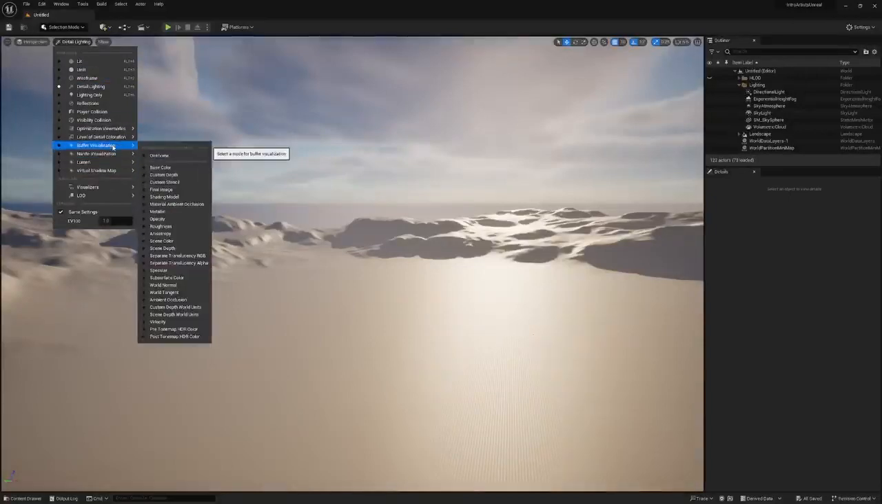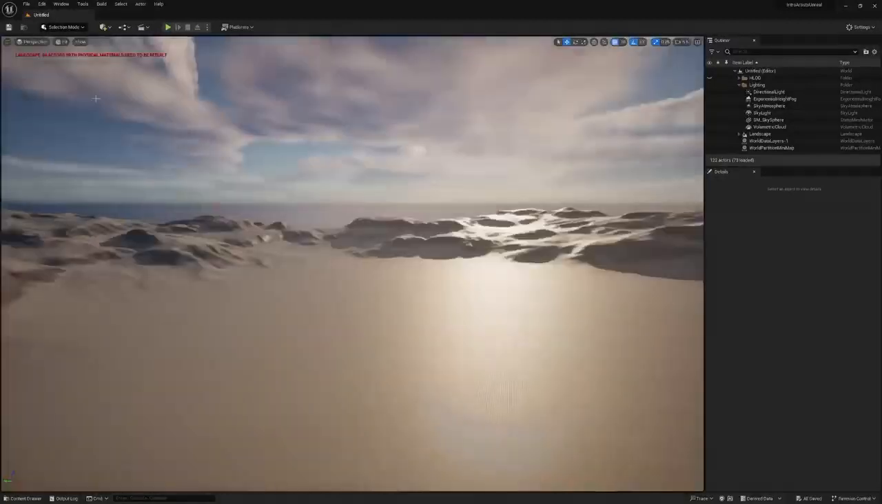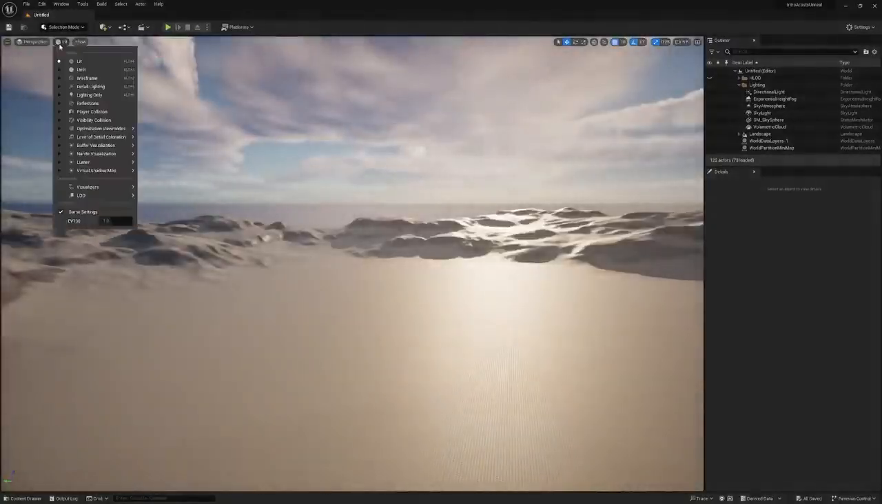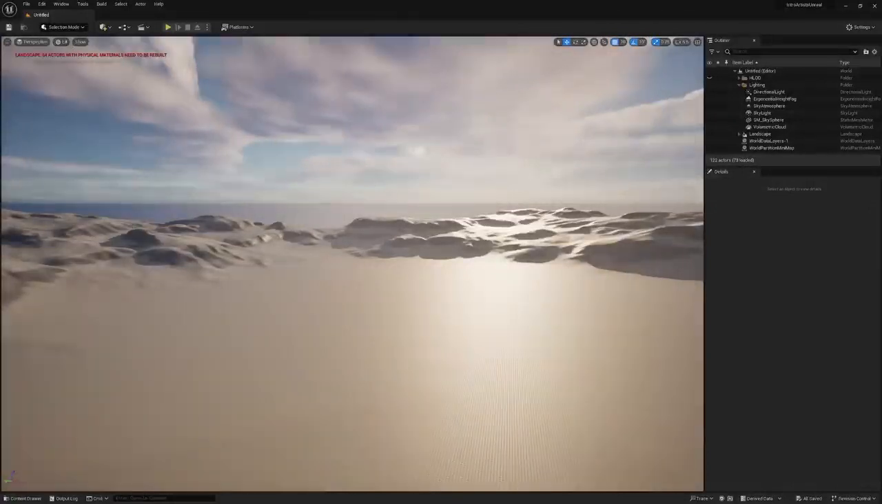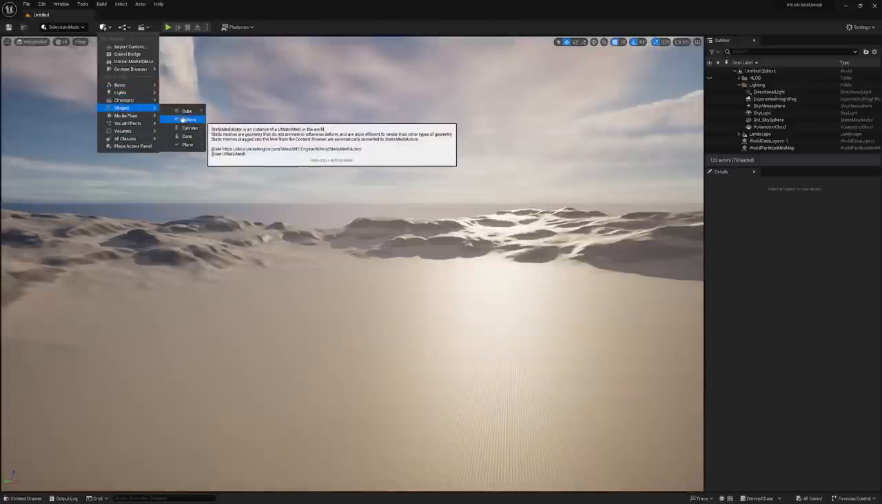Like if you want to check the opacity of stuff or the roughness or any other kind of buffer, you can just click on here. The next thing is this green plus icon. If you go here, you can just choose any actor to put. What is an actor? An actor is a class that you can drag and drop to the world. So for example, I can drag this sphere